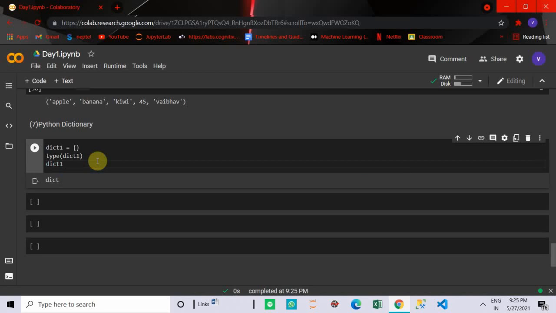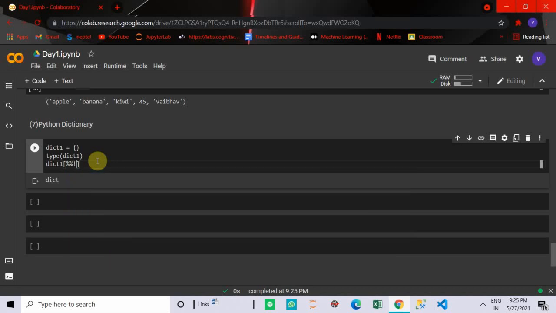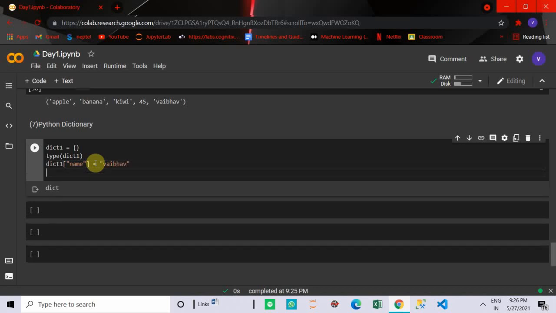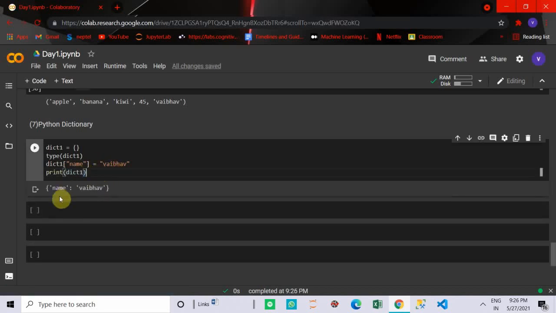In the case of a list, tuple, or string, we use indexing like 0, 1, 2, 3. But in the case of a dictionary, we can use anything. Suppose the key is name, so we are passing a string inside double quotes, name equal to Webber. Now if I print dict1, it will be printed like this: name colon Webber.